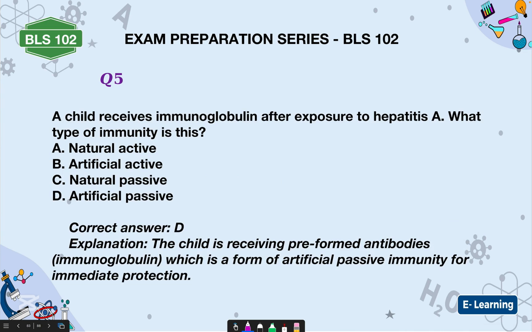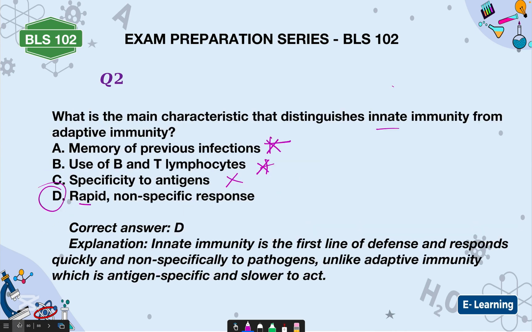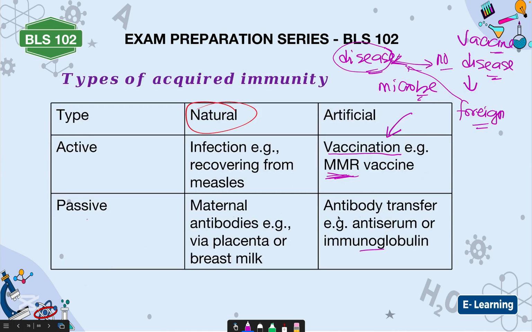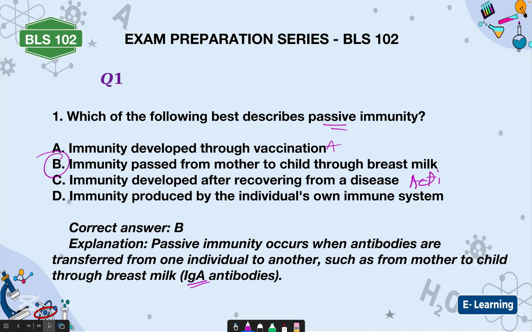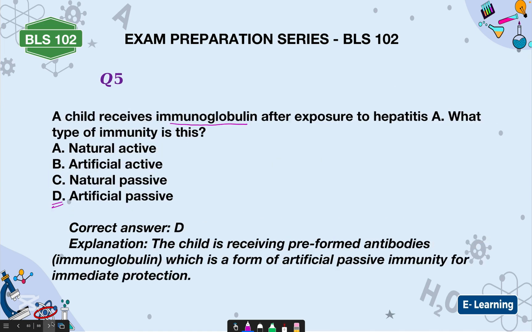A child receives immunoglobulin after exposure to hepatitis A. You receive immunoglobulin after exposure. That means you have already been exposed before they give you. What type of immunity is this? This is artificial passive. See it here. We say artificial passive is transfer of immunoglobulin. That is when you have already been exposed. Artificial active is before exposure. Are you getting it? Before what? Exposure. This one is after exposure. So you should know the difference. Now,